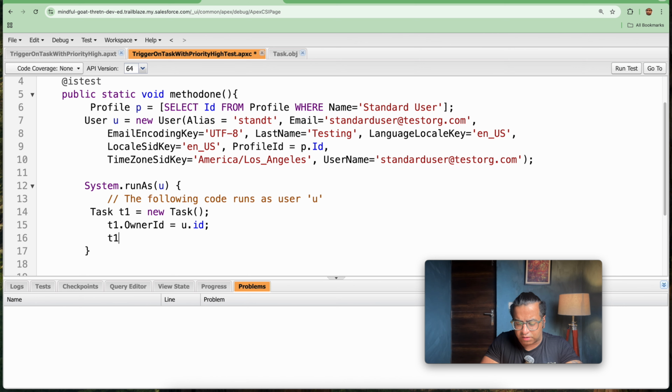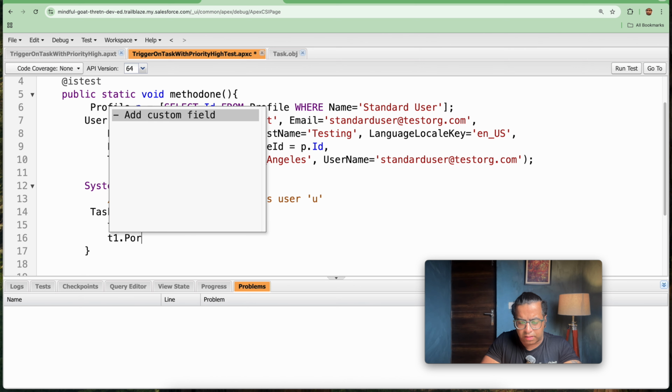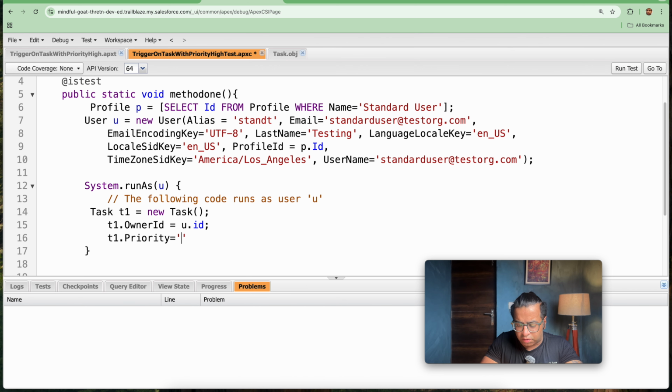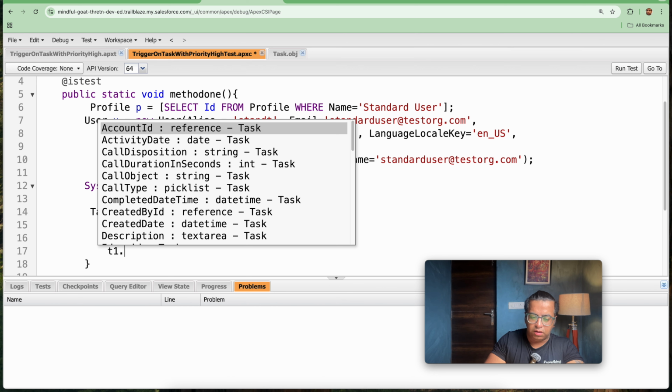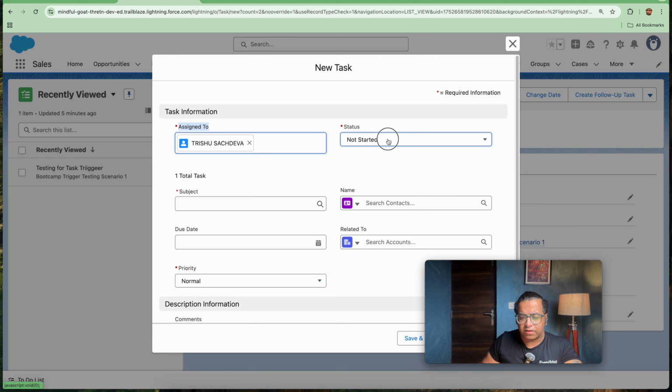Next is t1 dot, the second field that we need to populate, that is priority equal to normal, because we need to get it set to high, which is what the trigger is doing. And the third field that is required is status equal to in progress.